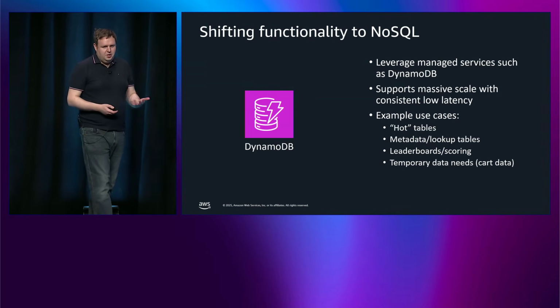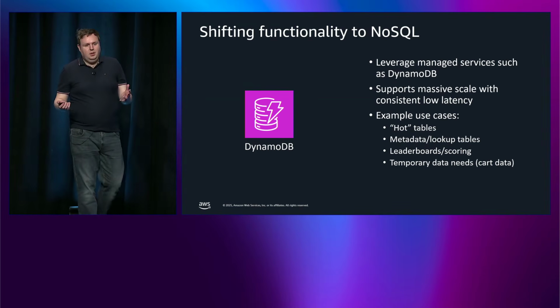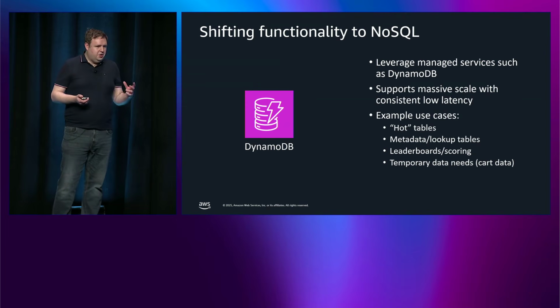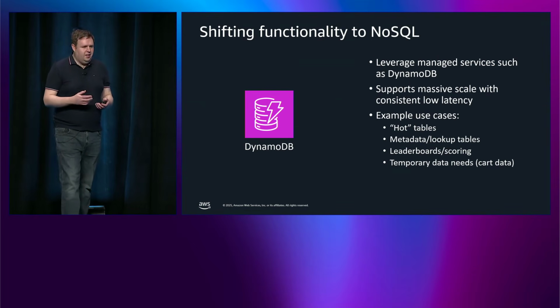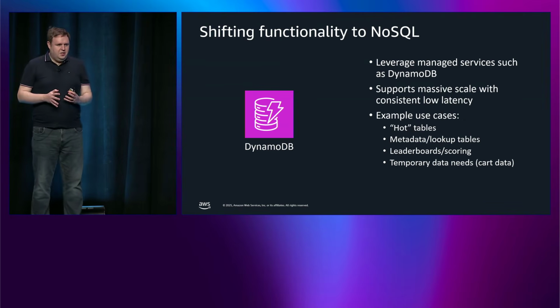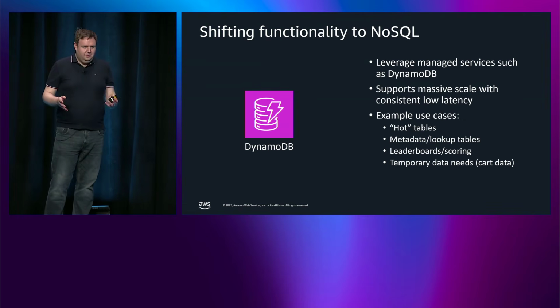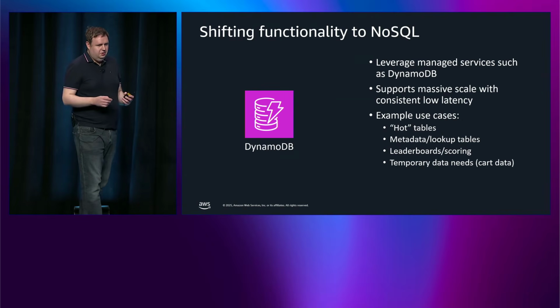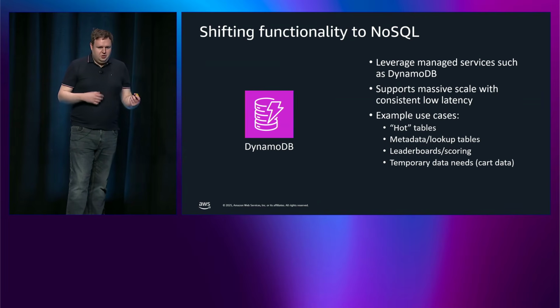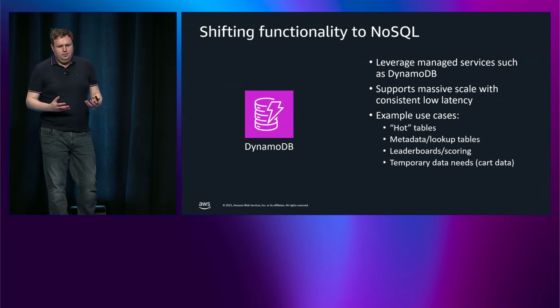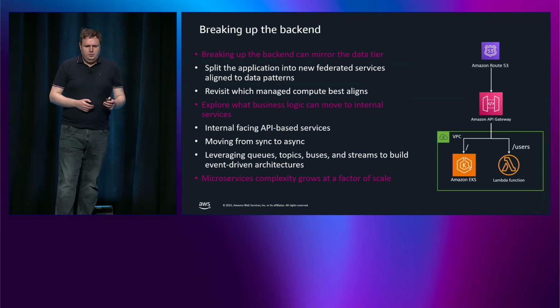Another thing to think about is NoSQL. Christine covered this earlier in a fair bit of detail. And one thing I've got a lot of customers asking is when to start looking at NoSQL or DynamoDB in our case. DynamoDB is great for massive scale with very low latency. And some really good use cases are things like key value data stores, things like metadata, but it's not a one-size-fits-all approach. We've heard a lot this week about AI. AI is going to massively change your data needs. Your data is going to evolve in a massive way as you're doing things, and it's going to give you a lot more data, both structured and unstructured. So put a lot of thought into the database technology you pick and how it's likely to grow with you.